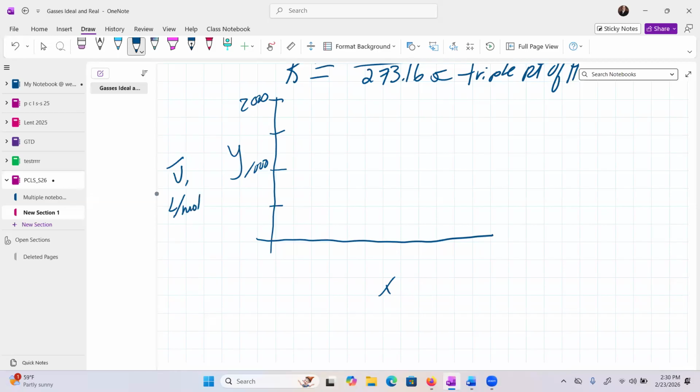All right, and that's good because we said V bar should be molar, which it is. And now we're going to have some temperature on the x-axis. So let's take this off. Let's say this is 100. This is going to be 200. It's going to be 300, right? And so forth. All right, like that.